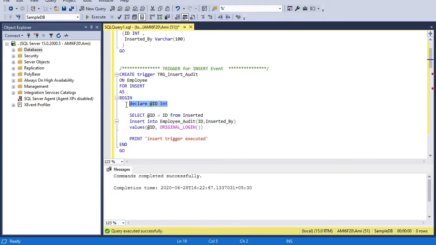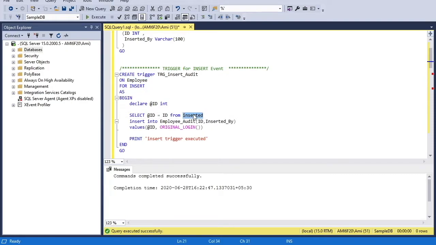First of all, we'll declare an ID variable. Then we'll fetch the ID value from the inserted table into this variable. Here inserted is a magic table. This inserted table automatically tracks all the rows which are going to be inserted into the employee table.